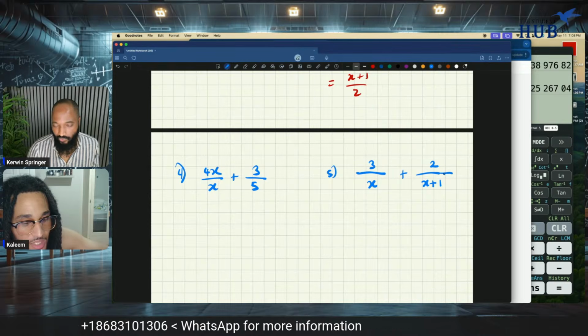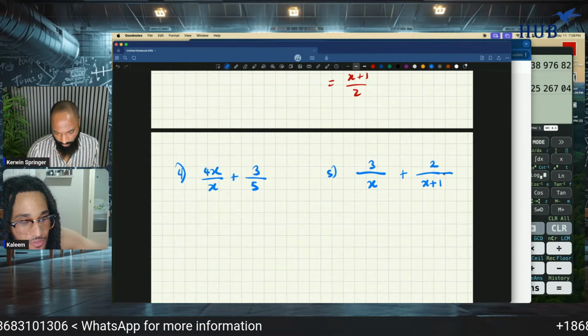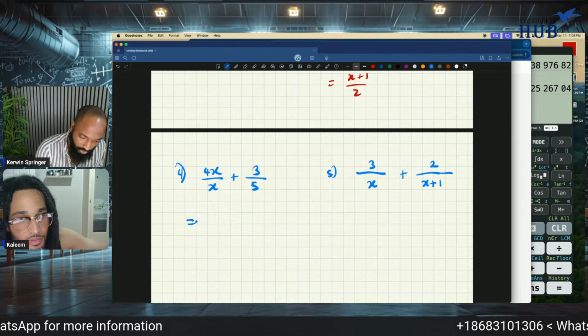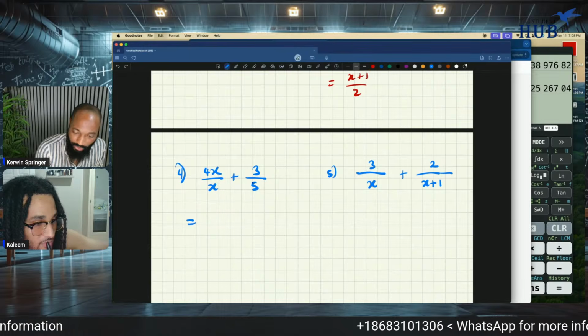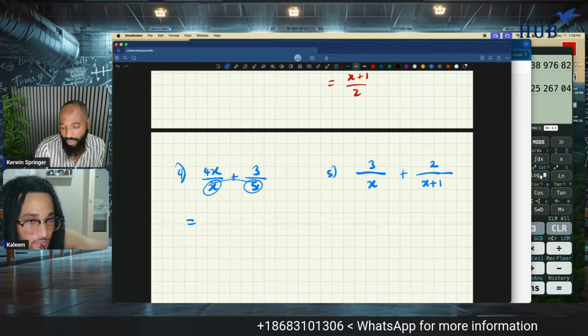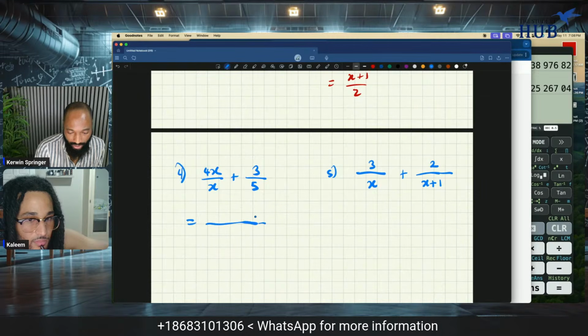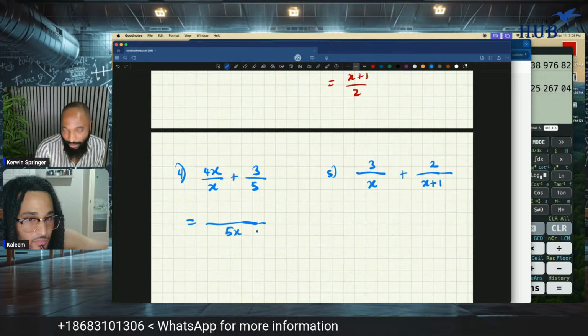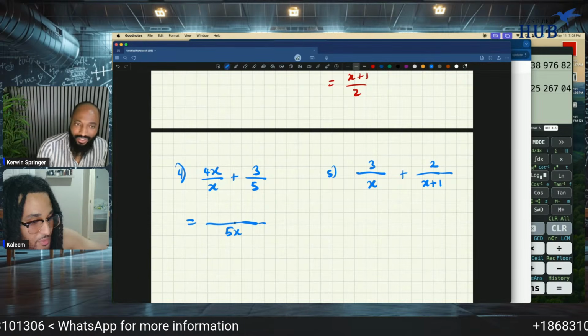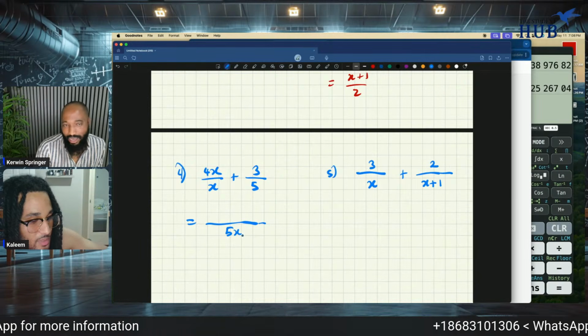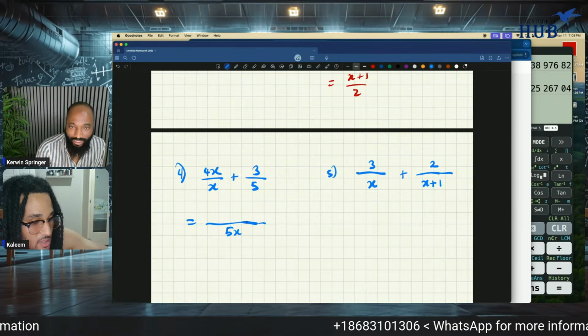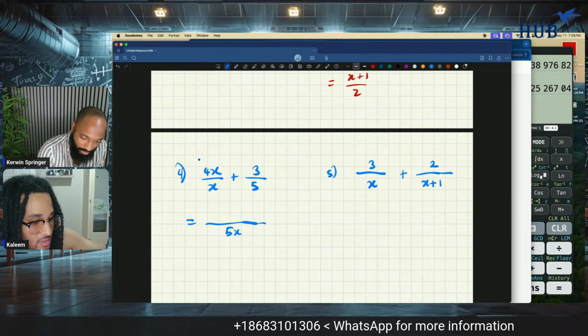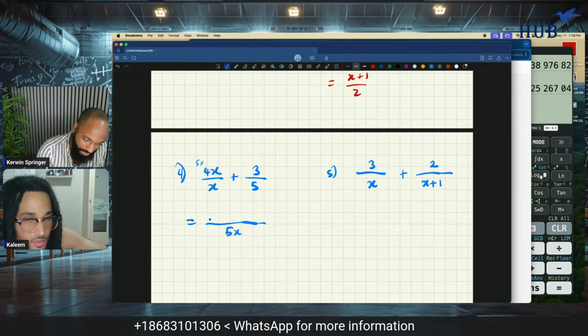So for 4 I get 20x plus 3 over 5. Alright, let's see. So x plus 5, the LCM you must multiply. If you see a variable and a constant like this, you just multiply. So you get 5x. You don't put x5 there like a BMW or some kind of thing. Put 5x, right? So x into 5x is 5, so you multiply this by 5, and you end up with